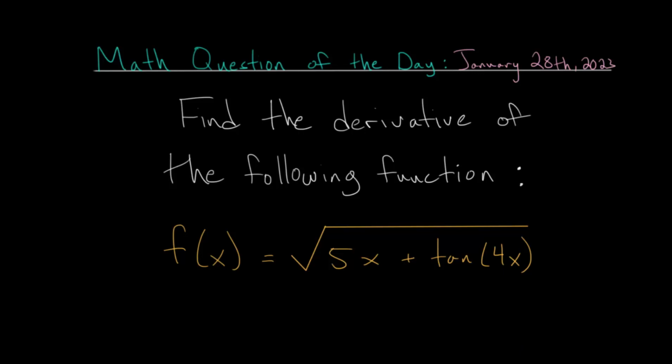In this video, I'd like to talk about the math question of the day for January 28th, 2023. And for this problem, we need to find the derivative of the following function. This function f of x, which is the square root of 5x plus the tangent of 4x. Now, to solve this problem, we need to understand the basics of calculus and basically everything that comes before that,